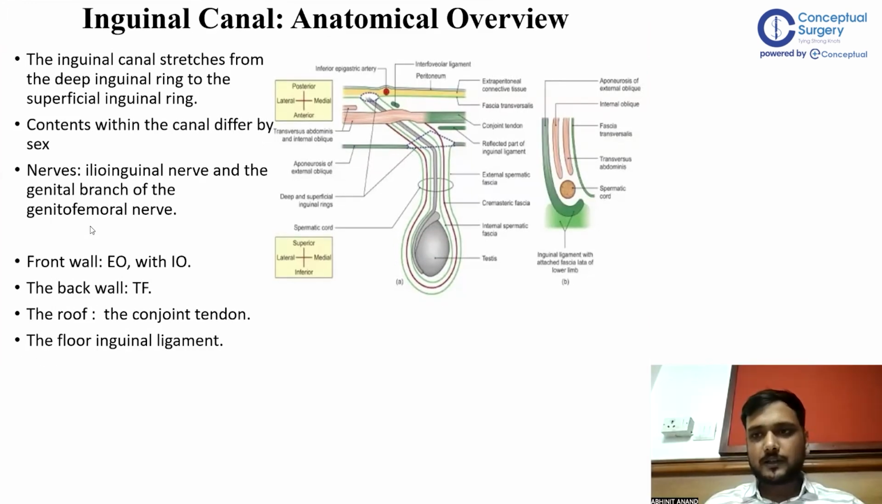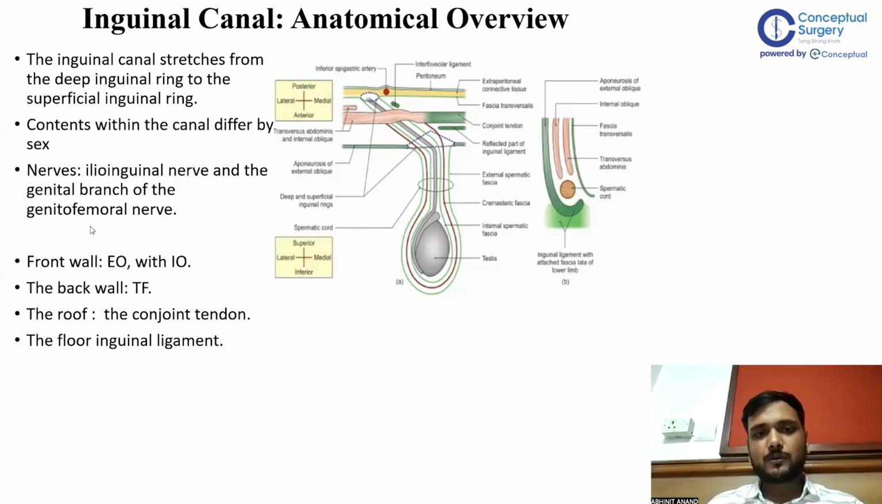First of all, we'll be discussing inguinal canal anatomy. The inguinal canal stretches from the deep inguinal ring to the superficial inguinal ring, which contains the spermatic cord or round ligament according to the sex of the patient. It also contains the ilioinguinal nerve and the genital branch of the genitofemoral nerve. Its boundary is made by